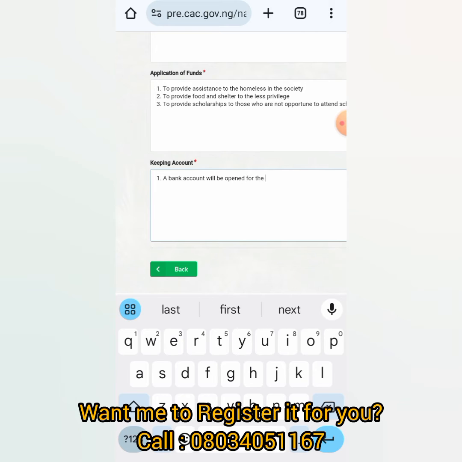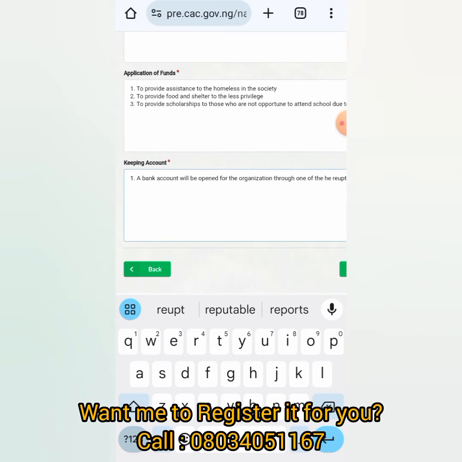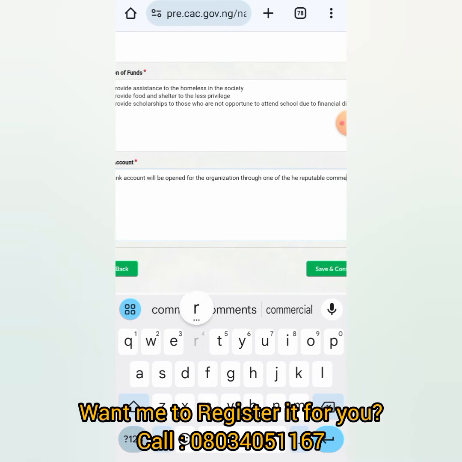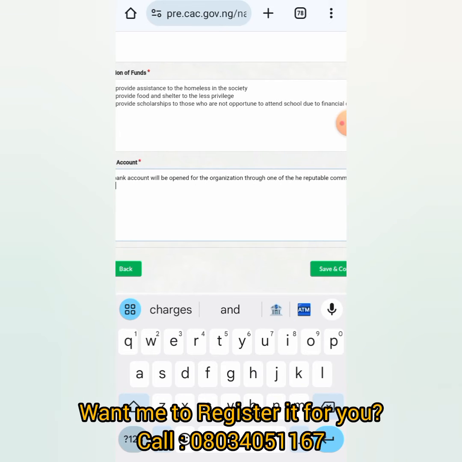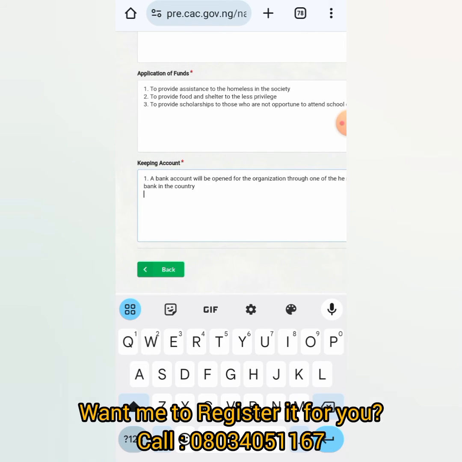For the foundation, or you can say for the organization, through one of the reputable commercial banks in the country. Okay, commercial bank in the country. So that is one. Then two, you can also say the organization